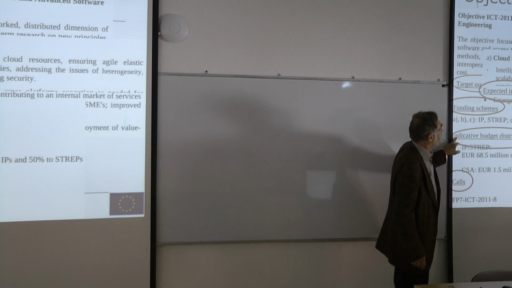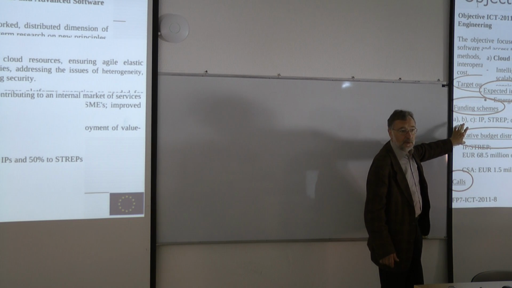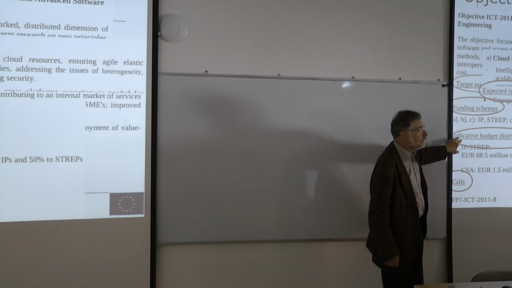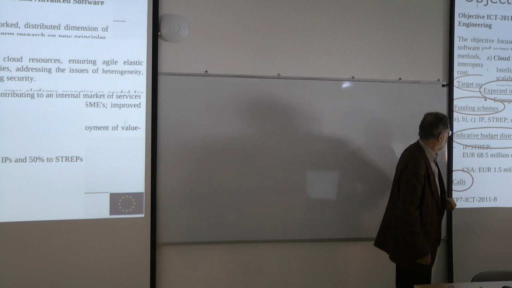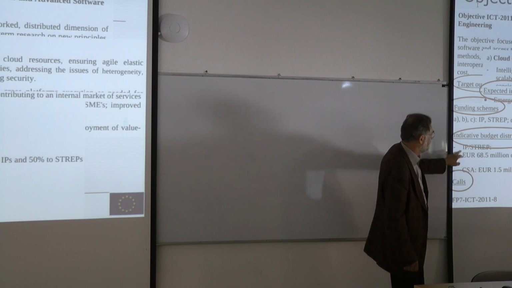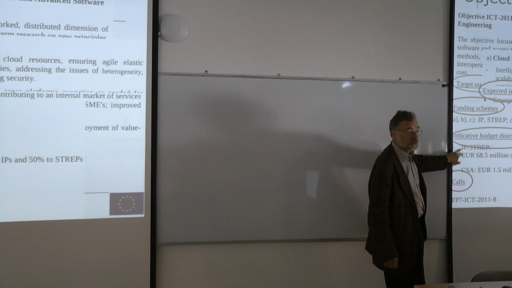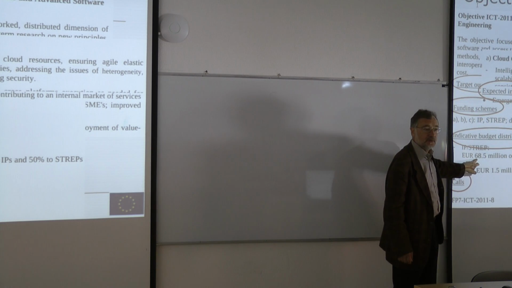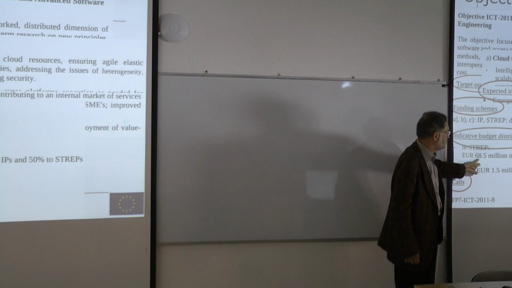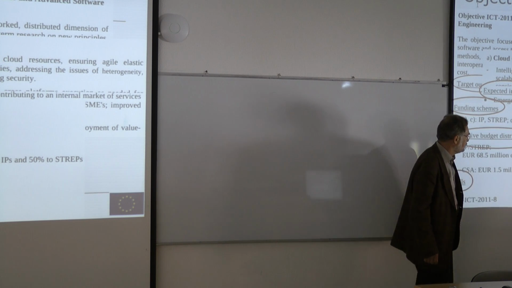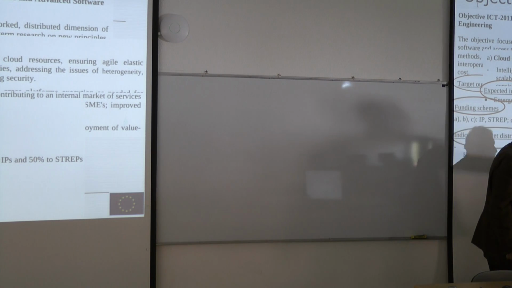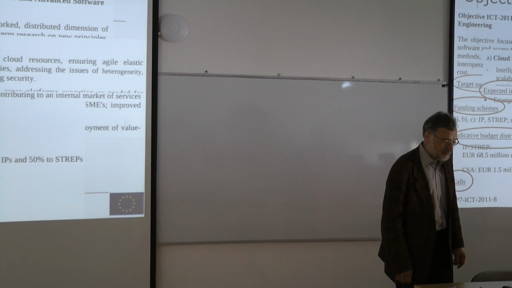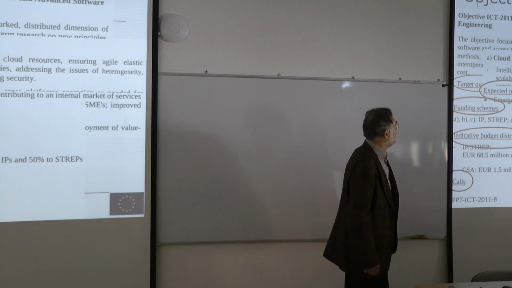Then we have a part that belongs to that specific objective. Indicative budget distribution, and you can read here for the real research projects at your strengths. The European Commission would give the funding of 68.5 million euro, of which a minimum 30% is allocated to IPs and 50% to STREPs. This means for